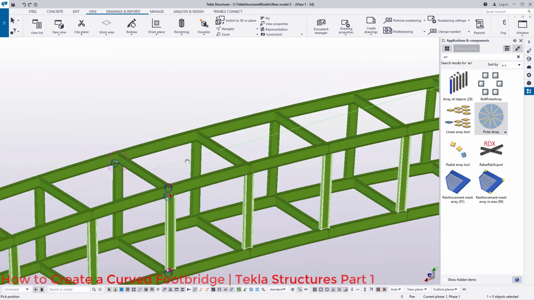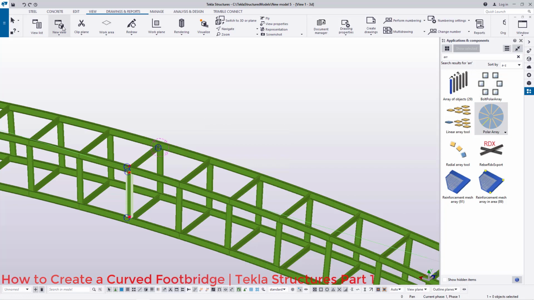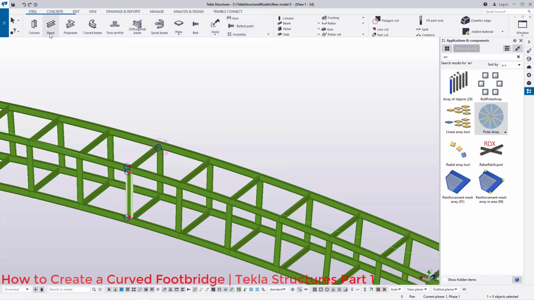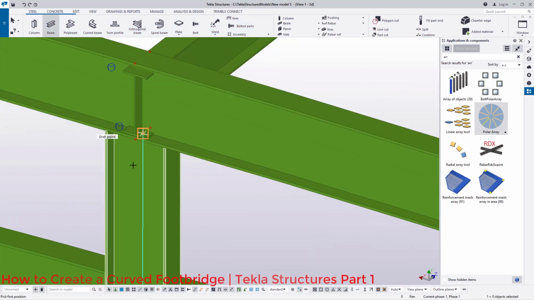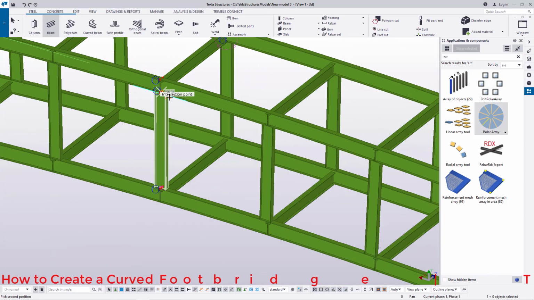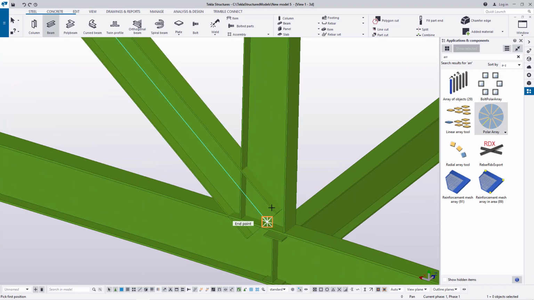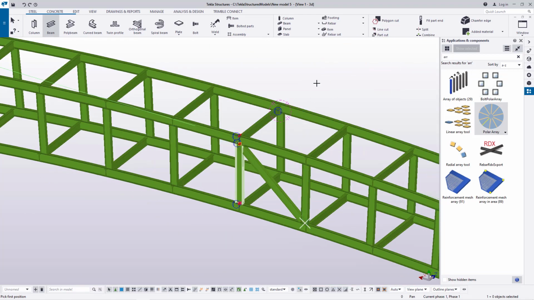So let me just do that here. I'll come to steel once again. I'll come to steel beam. I'll snap right there and move all the way to the center of that beam. So once I've done that,